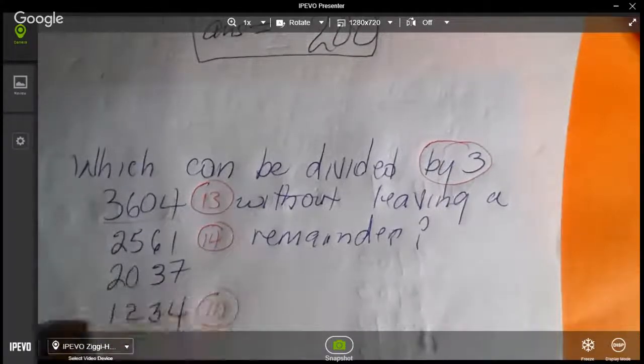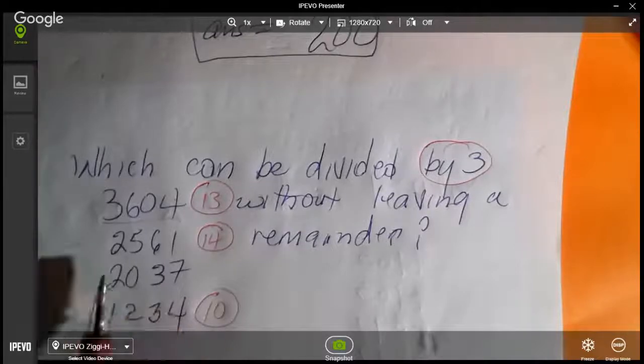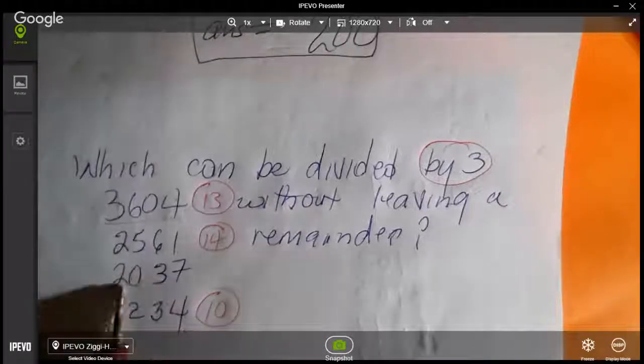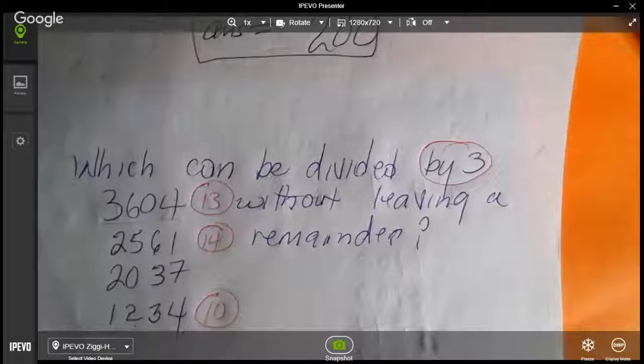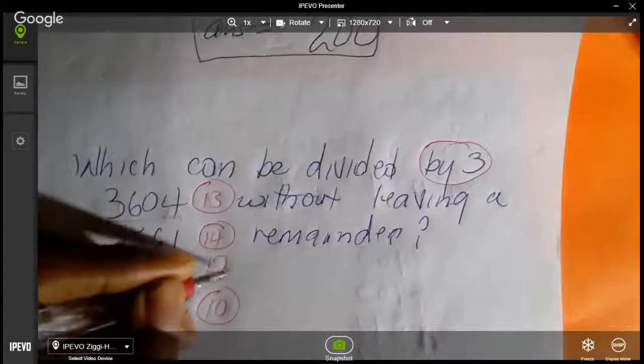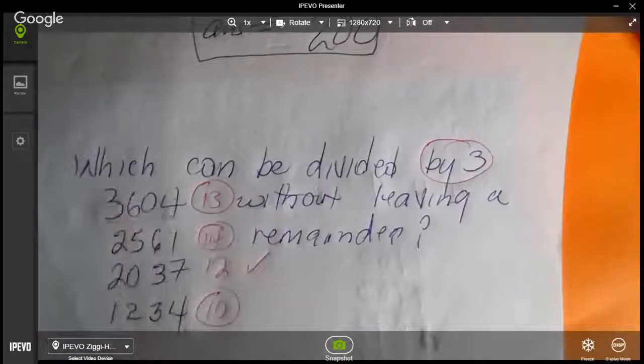Is this possible, sir, to divide? Oh, okay, all right. So what about 7 and 3 and 2? Yes, sir. 12. Oh, so yes, this, sir, is 12. So which one is divisible? Sir,